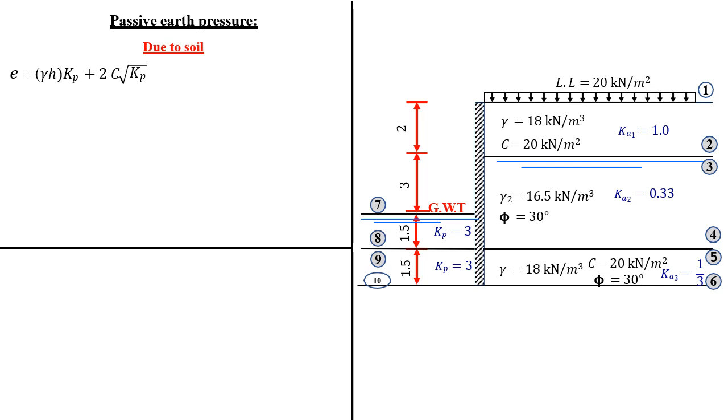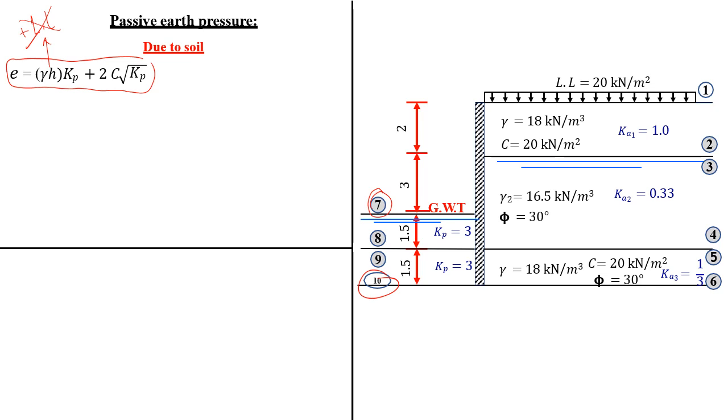For the passive earth pressure calculations, we have 4 points, which begin from point number 7 up to point number 10. The equation, according to Rankine theory, is gamma h by K passive plus 2c by square root of K passive. Here on the left hand side of the retaining wall, we don't have live load, we don't have a surcharge. So in the equation, I don't write live load. I omitted this term because I don't have a live load or a surcharge on the left hand side of